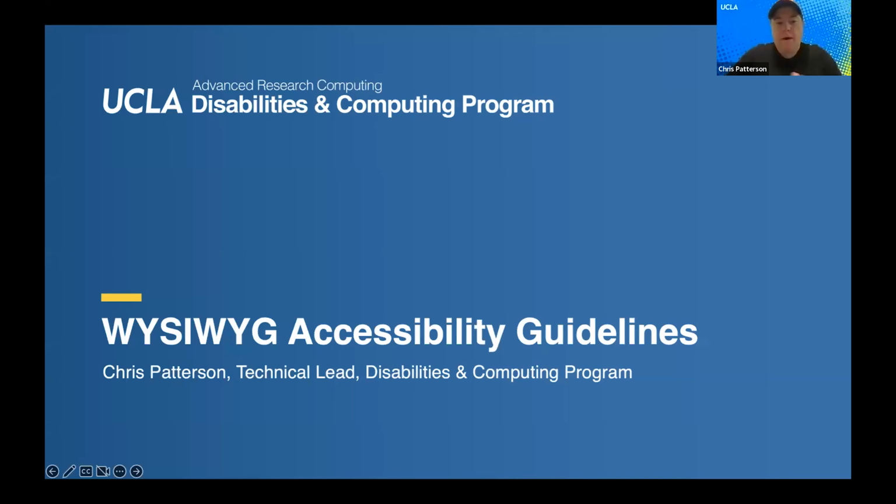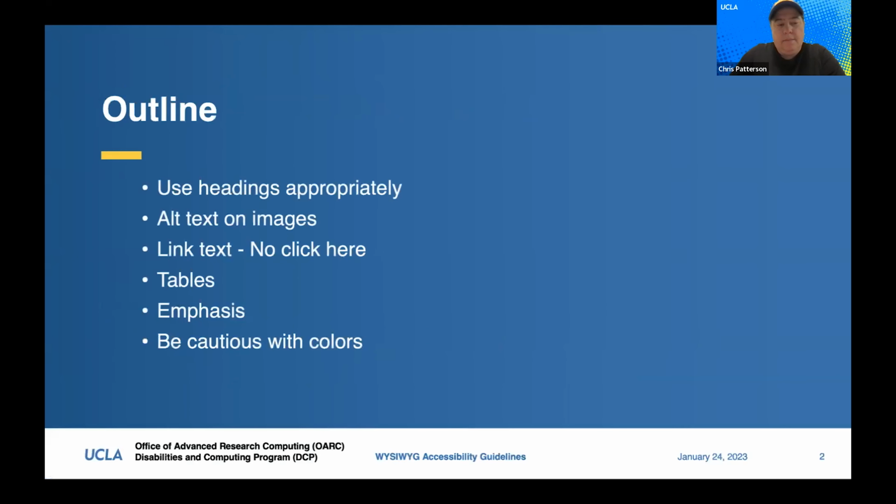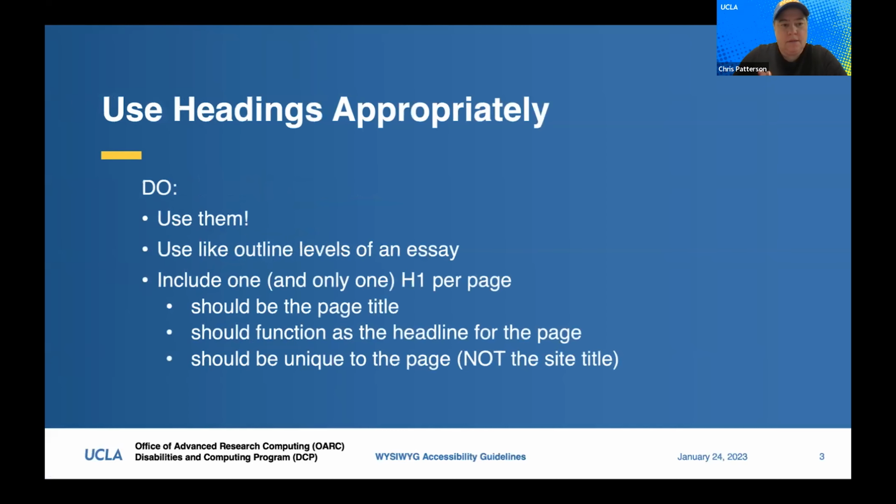All right, so we're going to talk about how to do accessibility in your editing environment. And this is what I'm going to cover: using headings, alt text in the images, link text, tables, emphasis, and being cautious with colors. So headings, as Sal just showed you, headings are a way for him to navigate a